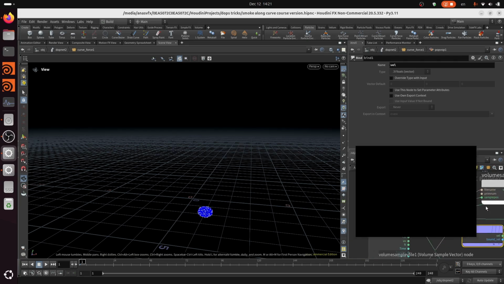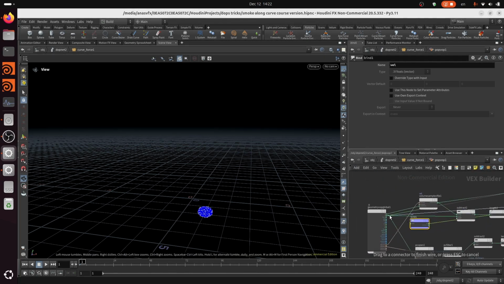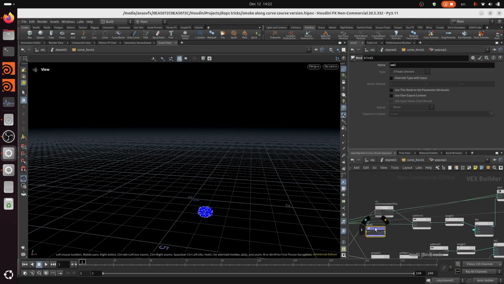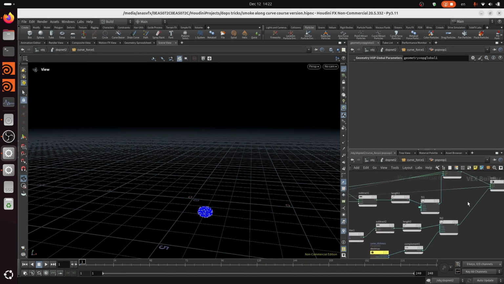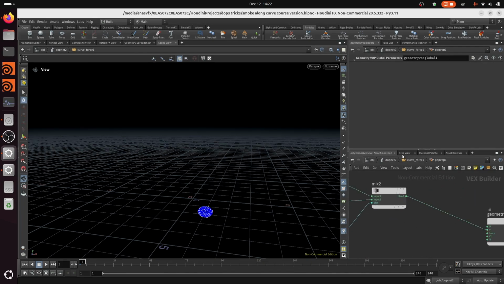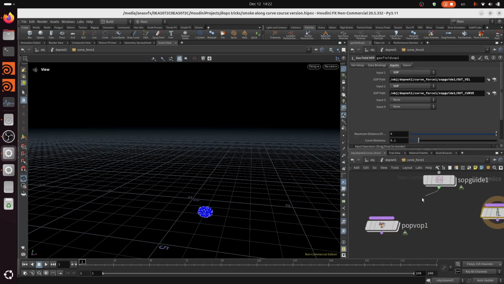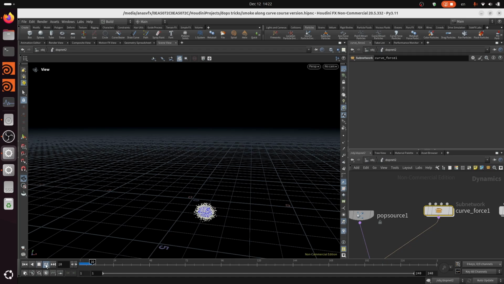and connect it here, and finally here also we can now delete this vel and delete this vel. We can export this as our particles velocity. So if we now connect this pop VOP instead and set the curve's thickness, yeah, we can set it something like 0.5, like this. If we now play our simulation,